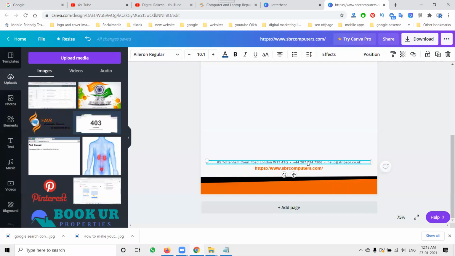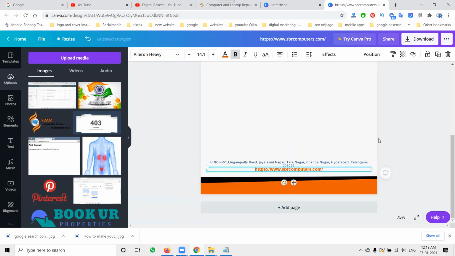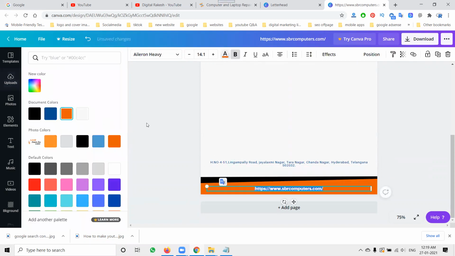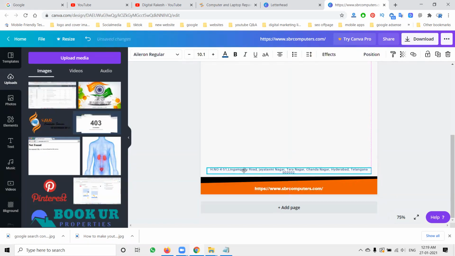I can add the address here. It can be in this place, or else we can add it here. As usual, you can use white and crop on this side.